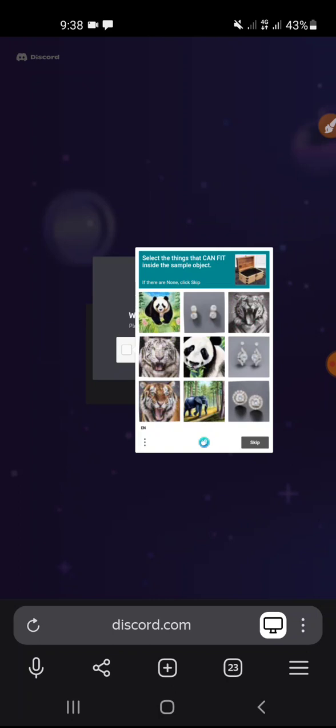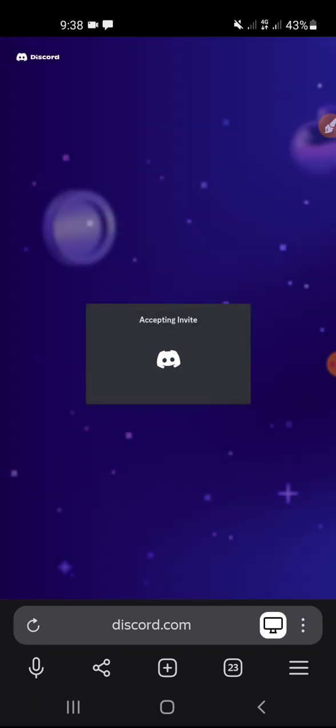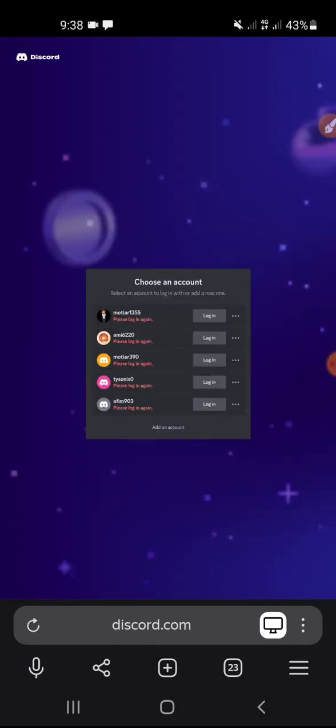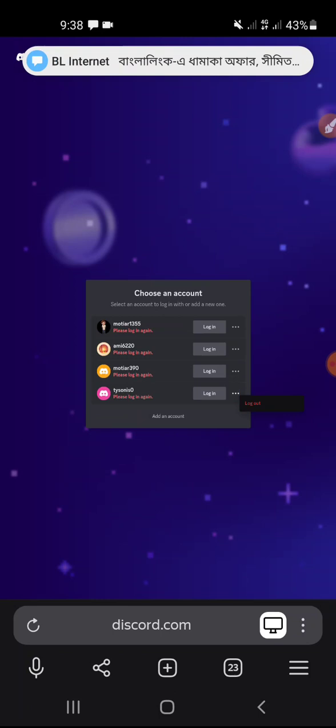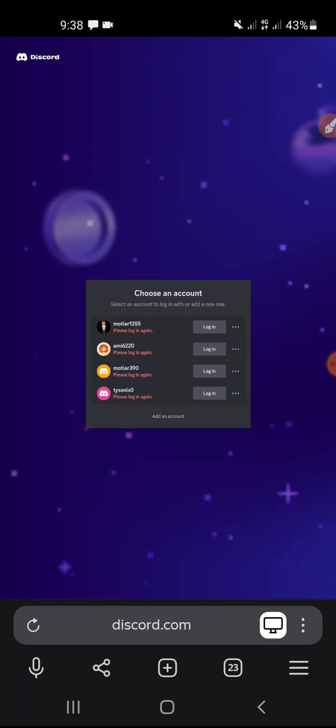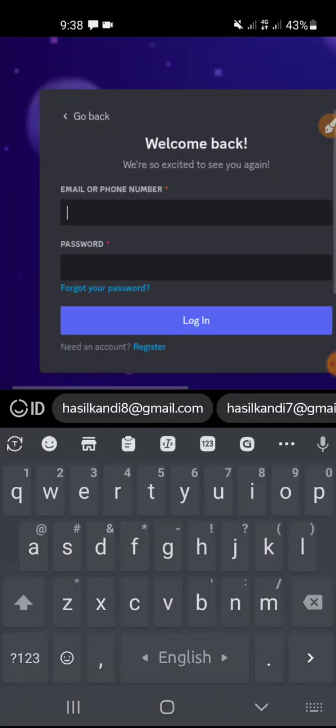Okay, select the image that can fit this box. So this little object would fit into that box. Whatever requirement they say, fill that up, and then this will pop up. What we need to do is wait a couple of seconds in here. So it is having a problem. If it has a problem, log out of a couple of accounts, a couple of wallets in here, and add